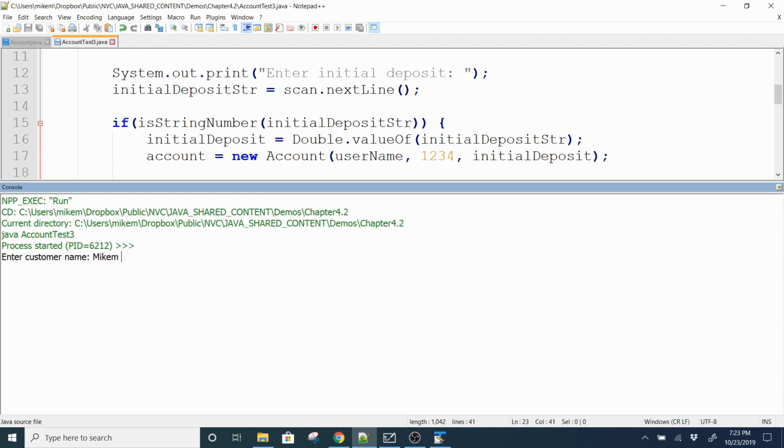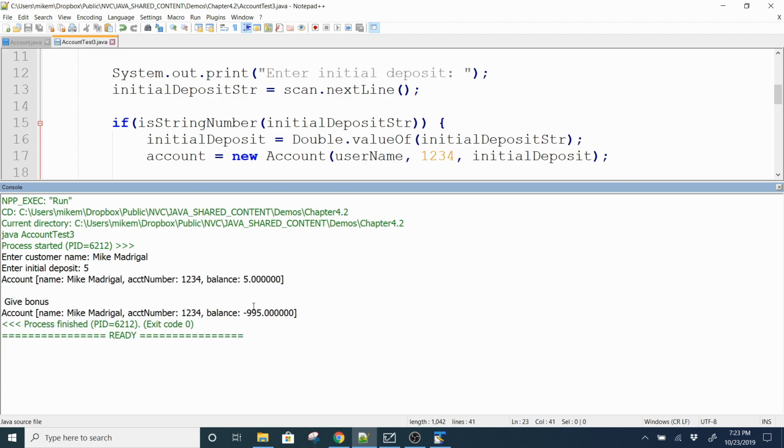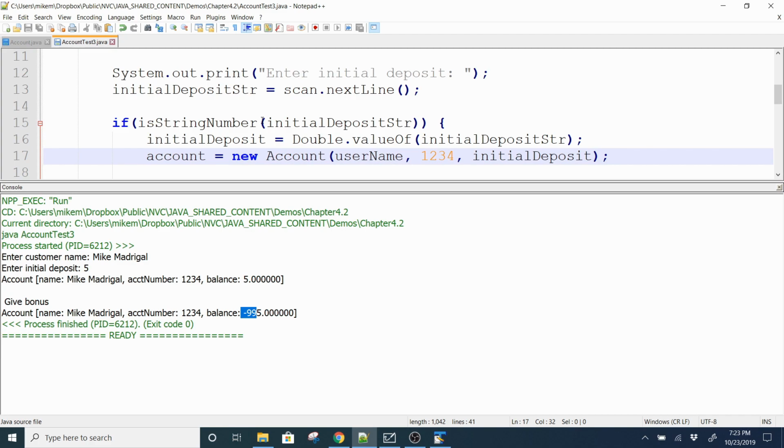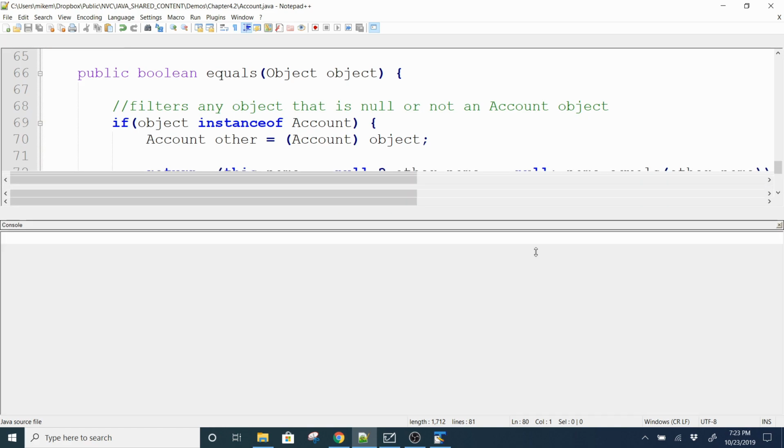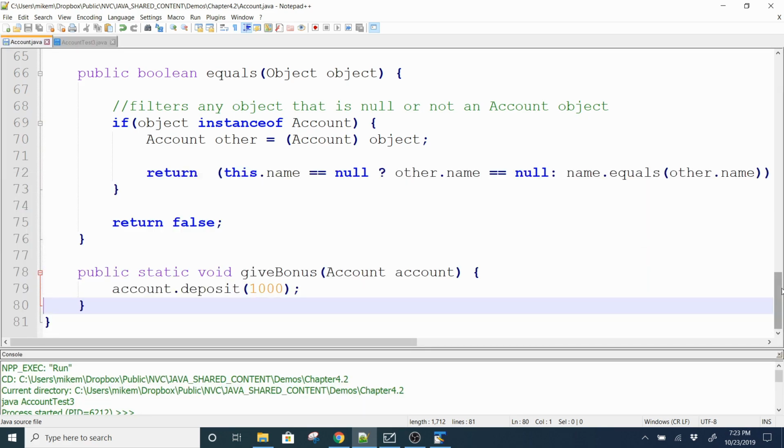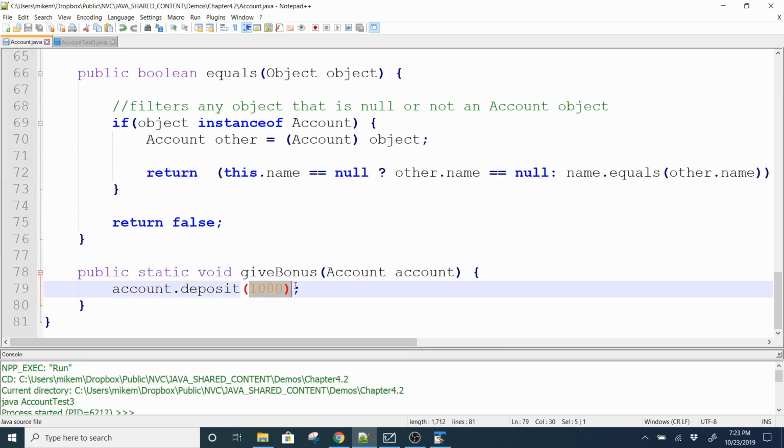Give it a name. Initial deposit was $5, and oh dang, what the heck? How do you go negative? Oh, you know what? Because I was messing with it the other day. I don't know if you guys remember, if I pass in an int, I subtracted, when I was trying to demo overriding accounts. For those that were here yesterday, because this is an integer,